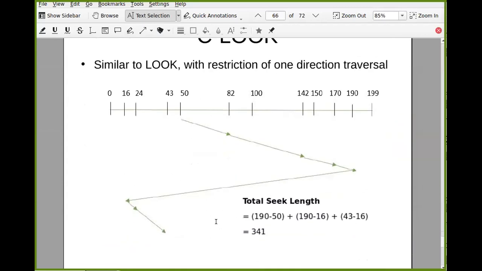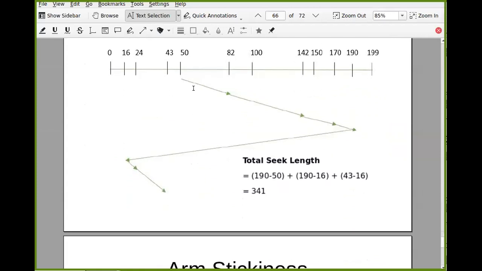That is the advantage. C-LOOK, again, is very similar to look. The only thing is you always serve requests in one direction. Once you finish the last highest request, you reach the first lowest request, and then go again in this direction and serve all the pending requests while traversing.